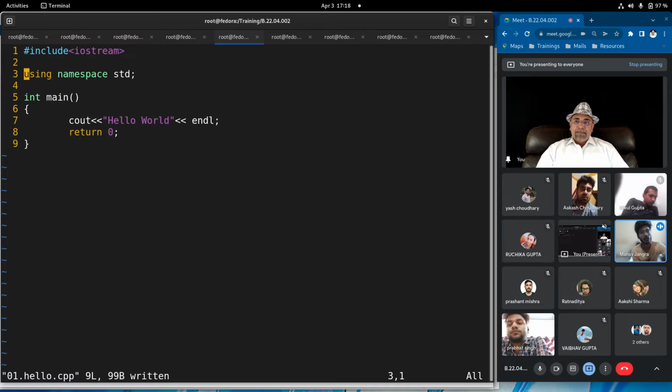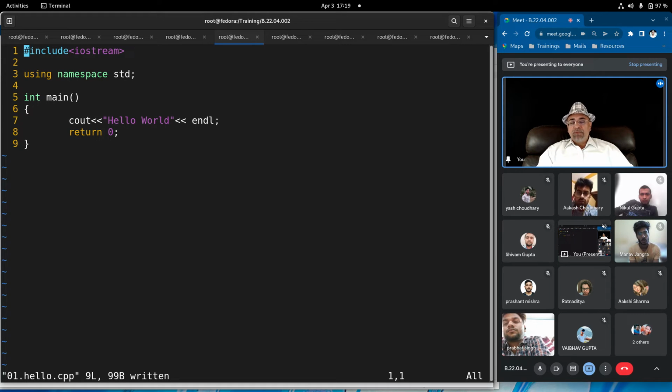Sir, can we use std as a header file, like we did in C? No, there is no concept of header files in C++. In C++, everything is a class. Excuse me, sir. I remember in class 12 we used hash include iostream.h. So why are we not including .h here? The .h file concept is gone in C++. Now we are using the C++ 17 standard, 2017, which is the latest standard, the way C++ is redesigned now.